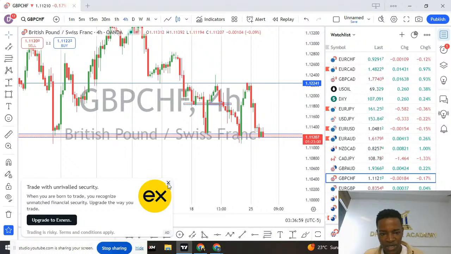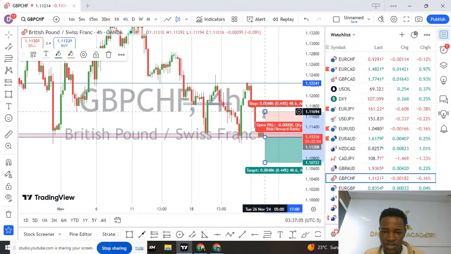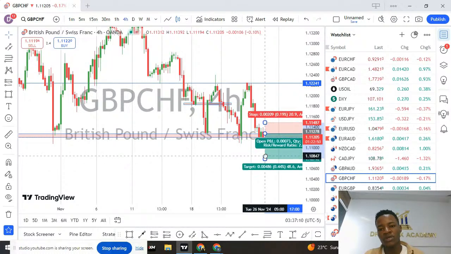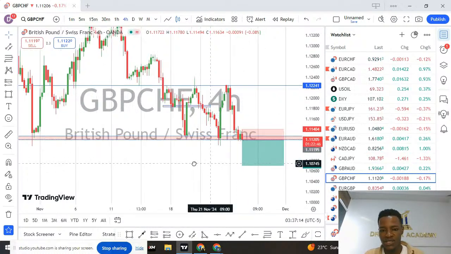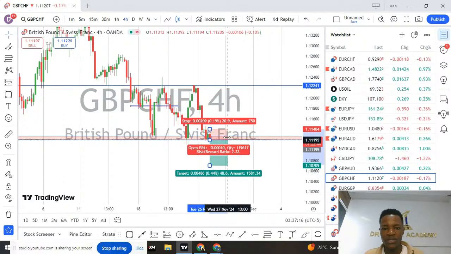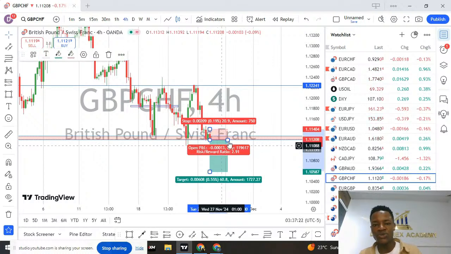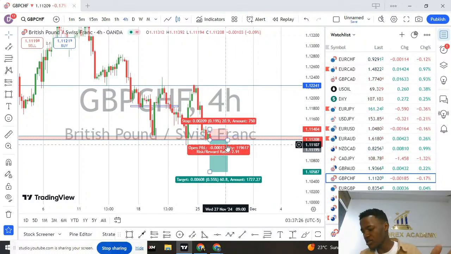So at this particular level, these kinds of setups normally have a very good reward ratio. You wait for the closure of 4 hours and have your entries and stop loss above the week and target way low. Wait for this market to create a new low. So look forward for more sells on this area. But now the entry will come from the 4 hours close, so continue selling this pair. This is a very good one. This is an A setup for me.